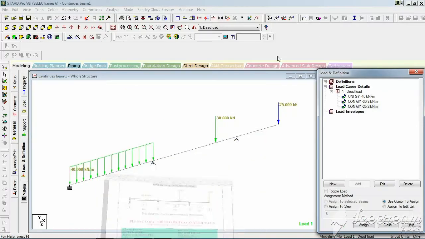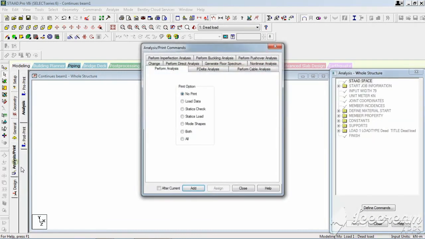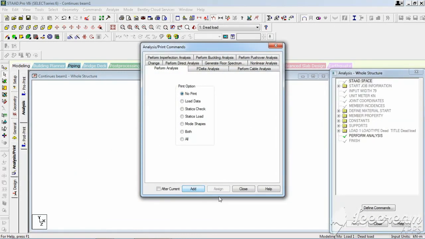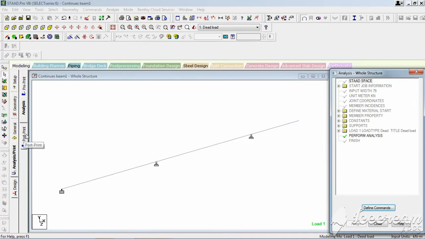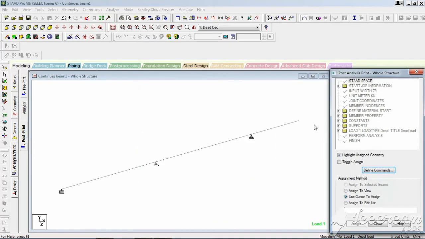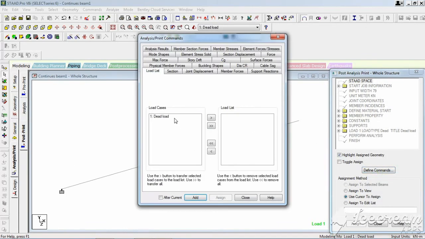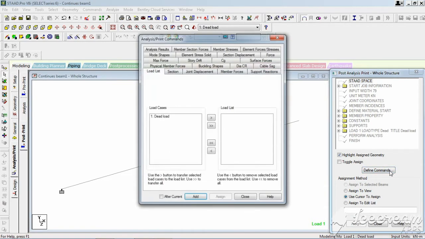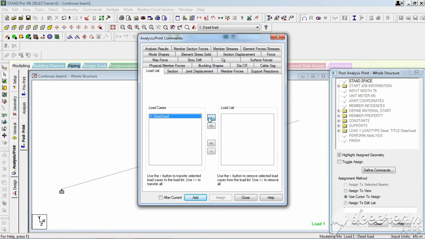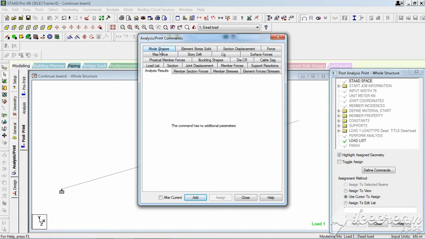Okay, and then go to analyze and print and perform analyze, add, close. Go to post print and define command dead load, dead load add and analyze result add, then close.